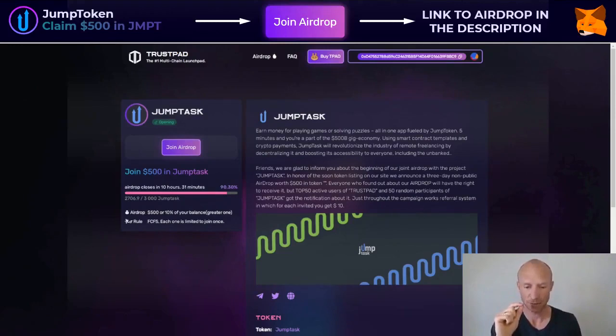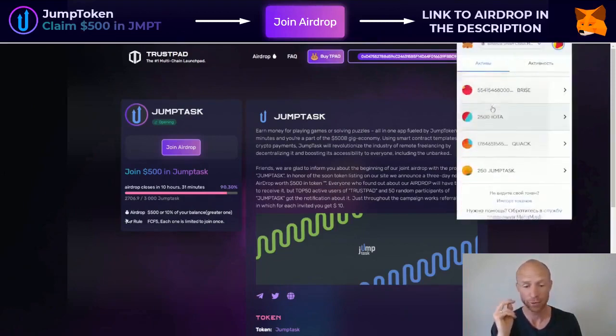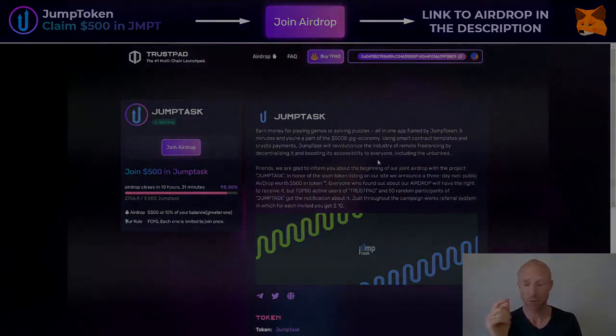You see they explain that very clearly at the bottom, that it is flexible and it changes based on the total number of JMPT staked in the pool. However, they do calculate this and add it to your balance every 10 minutes. So you will basically